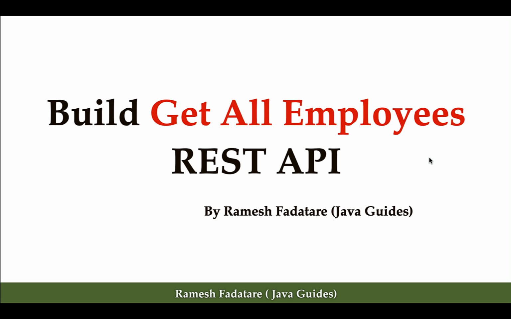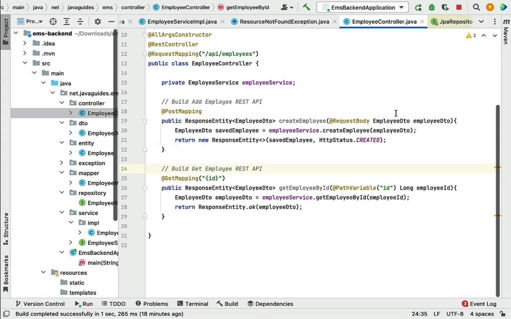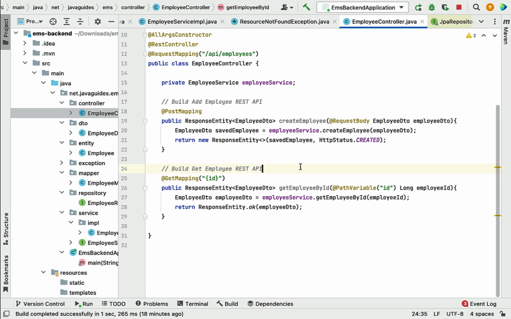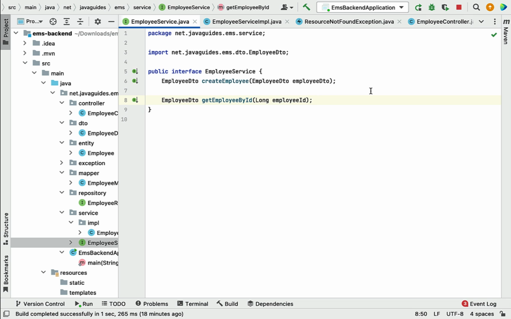Hi everyone, welcome back. In this lecture we are going to build the getAllEmployees REST API. So let's go to our project in IntelliJ IDEA over here. And first we will change the service layer and then we will change the controller layer because the controller layer depends on the service layer. So let us go to the EmployeeService interface over here and within this interface let us